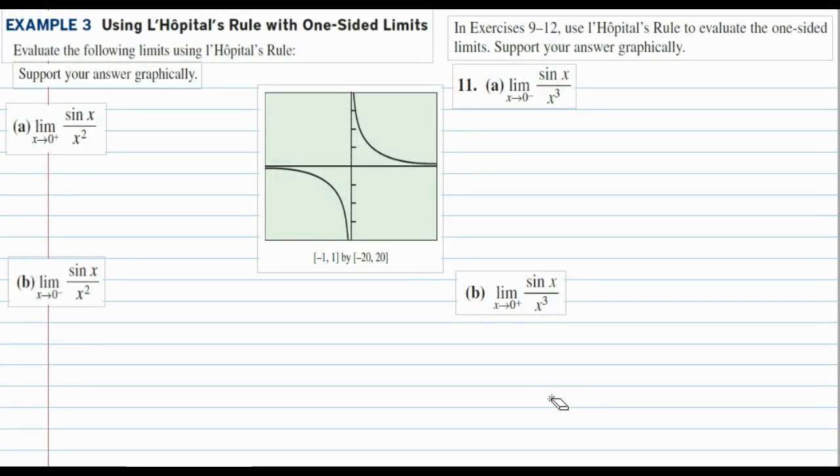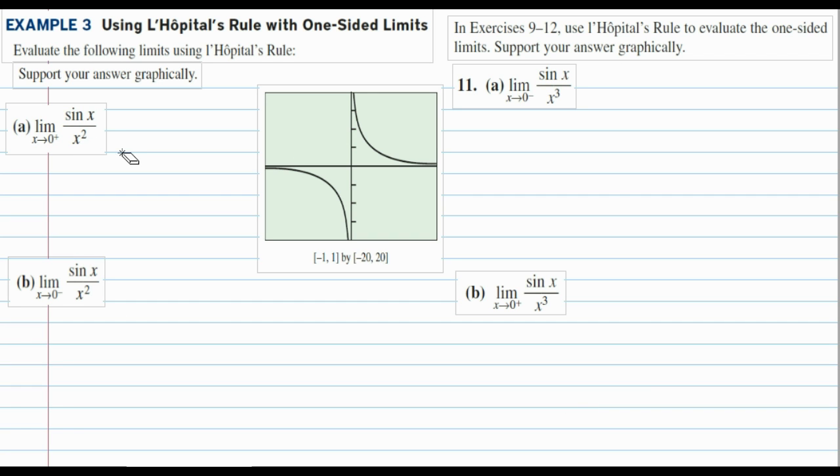This is the screencast for section 8.2, example 3, using L'Hopital's rule with one-sided limits. So we're going to evaluate the following limits using L'Hopital's rule. Support our answer graphically. Part A, the limit as x approaches 0 from the right of the sine of x